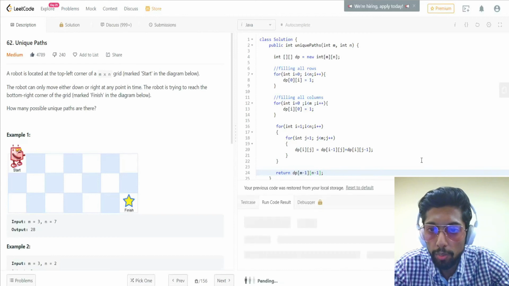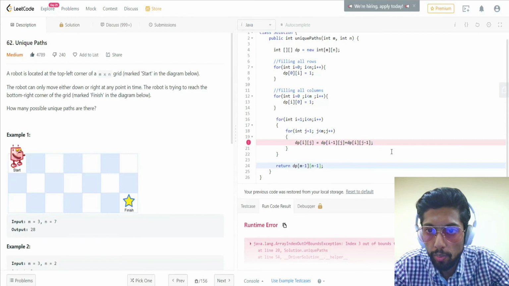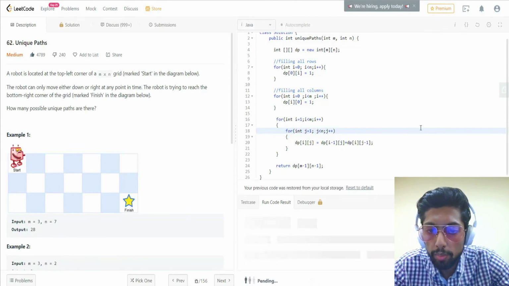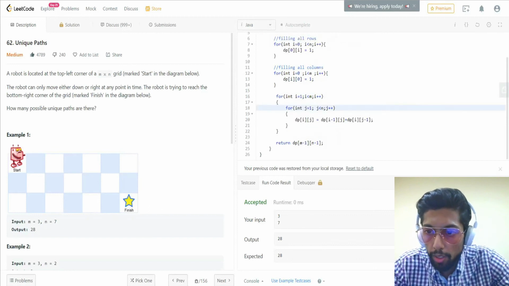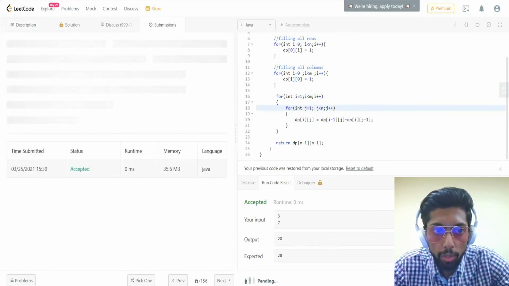Let's run the code. I minus 1, j minus 1, 0 0 j, and yep, I'm an idiot. I put n, I had to put m here. So that is it. Now let's try to submit this,